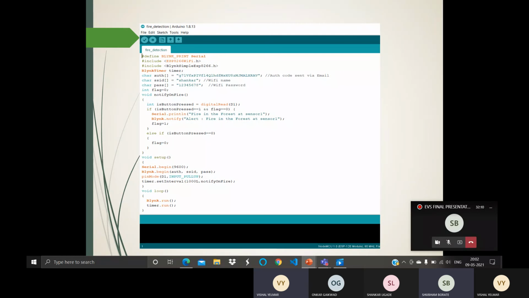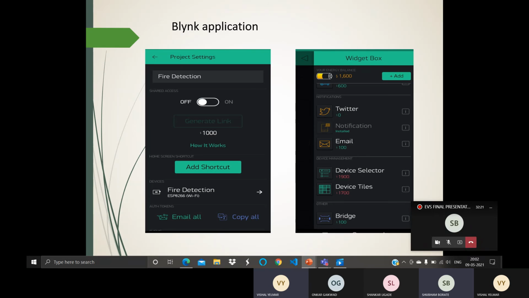Now I am explaining about the Blynk software and how it works. Blynk was designed for IoT things. It can control hardware remotely. It can display sensor data. It can store data, visualize it, and many other cool things. The Blynk app allows you to create amazing interfaces for your project. The Blynk server we can use for these various types of IoT things.